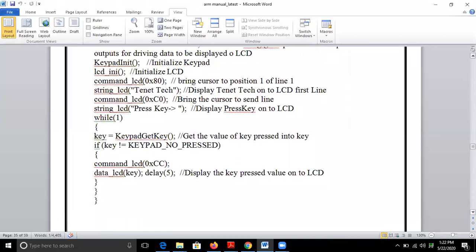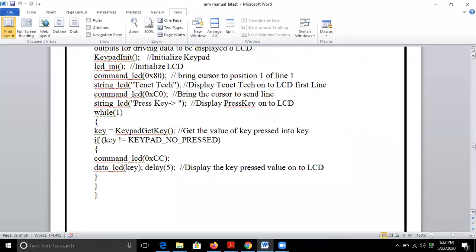Okay, while true, meaning forever, key is equal to keypad_get_key. Keypad_get_key is the function written in the header file, which will get the value of the key that is pressed by the user.